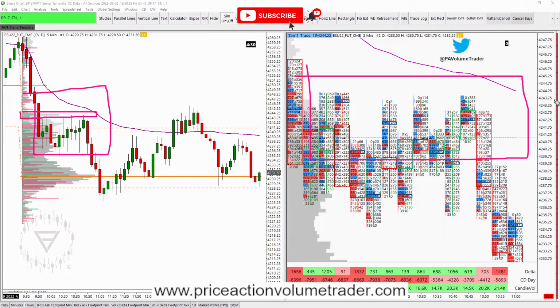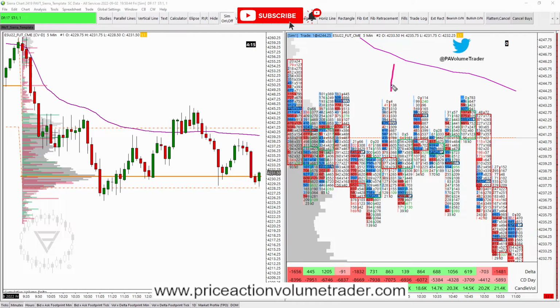Well, you can see right here, like I was saying, right around 4,350. So right around this area right here, you can see on these candles, specifically in these 3 candles here, which would be this one,